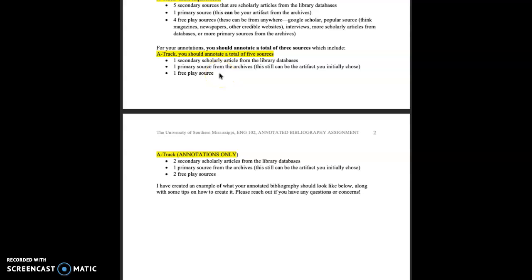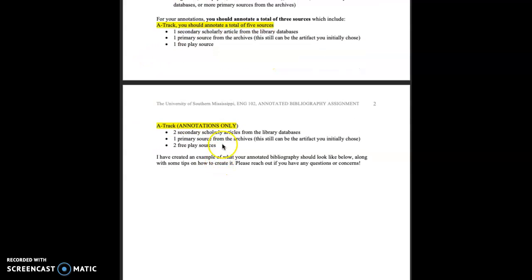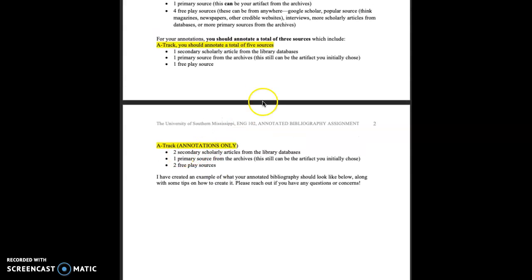Okay, so for A track, if you're on A track, you ignore this and you come down here. So this is letting you know you have a different number of sources to annotate. And then A track, you come down here and this is what you should go by for your annotations. So out of the